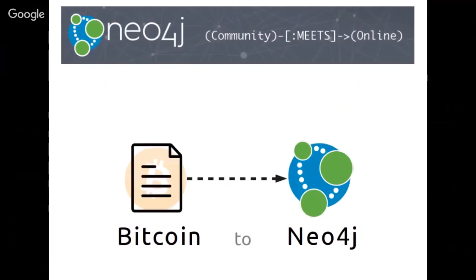So in this presentation, I'm going to explain how I've managed to get the Bitcoin blockchain, which is basically a big file with all the transactions, into a graph database, Neo4j. As Michael mentioned, I've split this presentation up into 5 parts. The main part is obviously converting the data from the Bitcoin data file into Neo4j, but to be able to explain that properly, I thought it'd be easier to first explain the basics of how Bitcoin works and where the actual data comes from. So when you download this program, where does all this data that you get onto your computer come from? And then after that, I want to cover